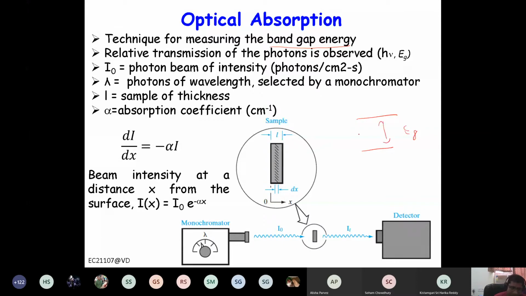and if I bombard it with a photon whose energy is less than the band gap, what will happen? This energy is insufficient to excite the electrons from the valence band to the conduction band, right? So that means what will happen? This photon will not be absorbed, it will pass by. Correct? If I increase the energy more than the band gap, then this photon can be absorbed.